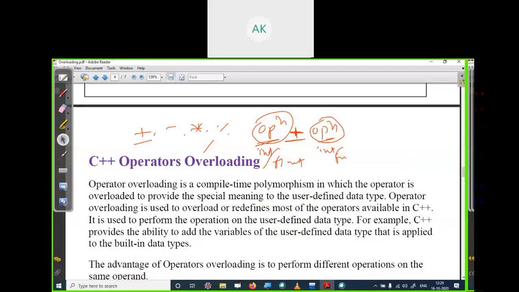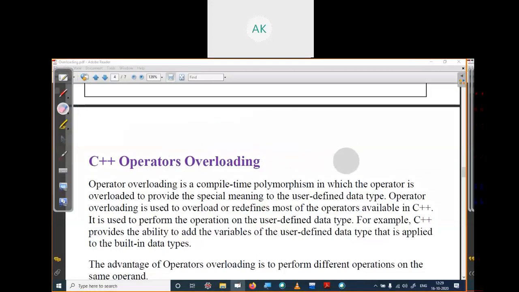Okay, so let's go back to the slide. The meaning of operator is that it operates on predefined basic data types: int, float, character.